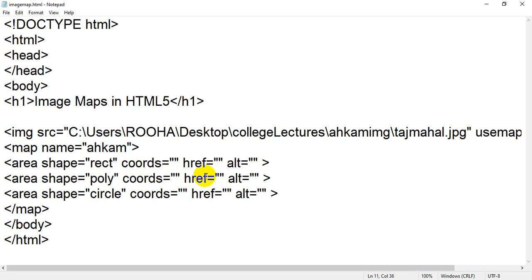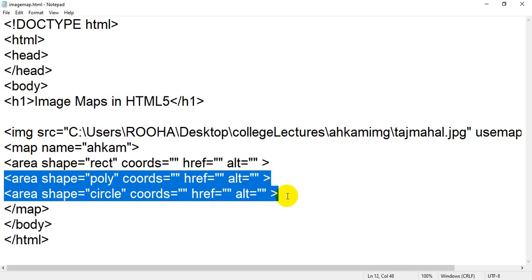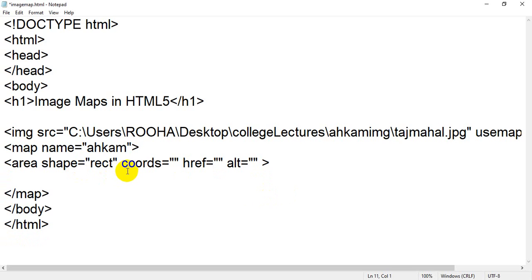So first I will tell you how to take coordinates for the rectangle, then we will see polygon, and then circle. So I am going to remove these two, because I just want to show the first one. Students, we have to take coordinates of a particular image. Inside that image we select a particular point, and on that point we take the x and y axis, and if it is a rectangle we have to take 2 coordinates. One will be upper left and the next will be lower right. Don't worry, I am going to show you live how we can take coordinates.